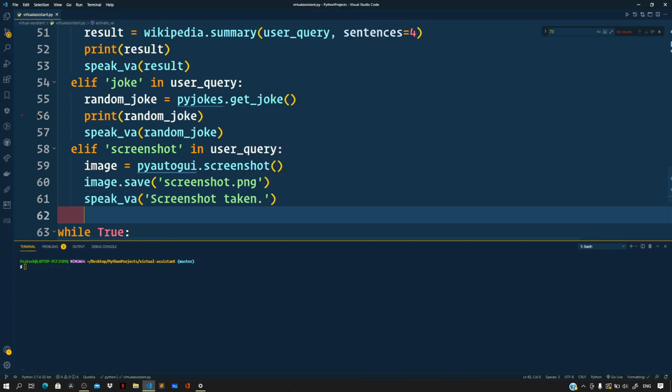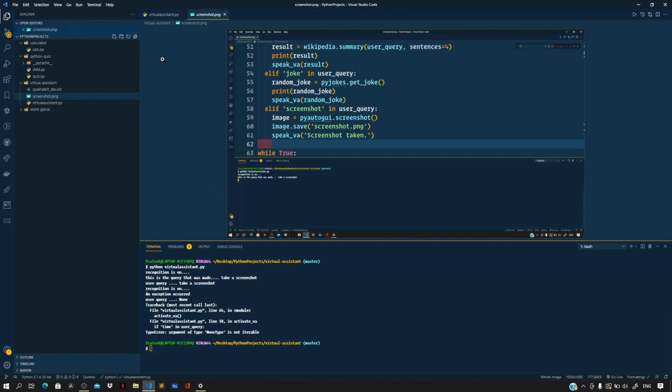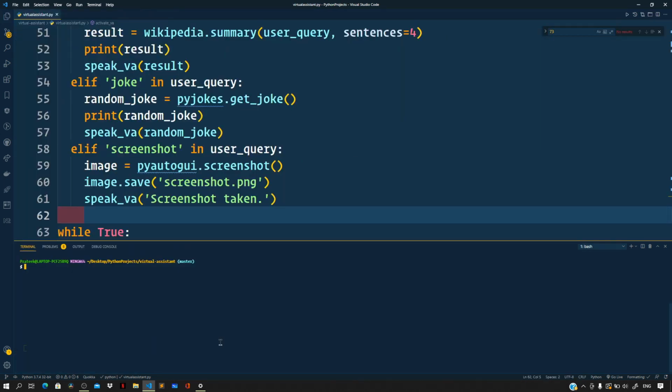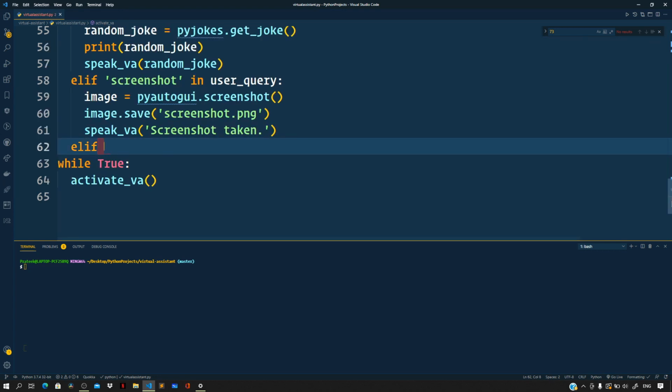So now let us give this a whirl. Python virtual assistant.py take a screenshot. Screenshot taken. So here is our screenshot that you can see. So this works. Now before ending this video, let us add two more functionalities. The first one is to perform a Google search. So right next to this conditional, let us add an elif, and here we want to check for the word search